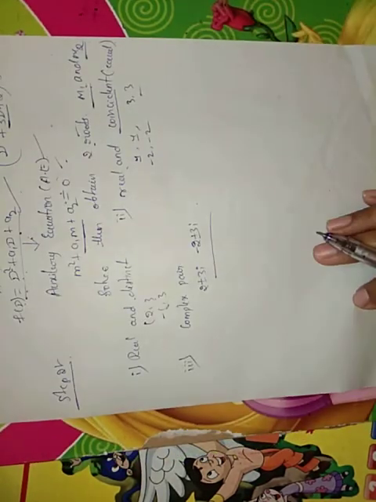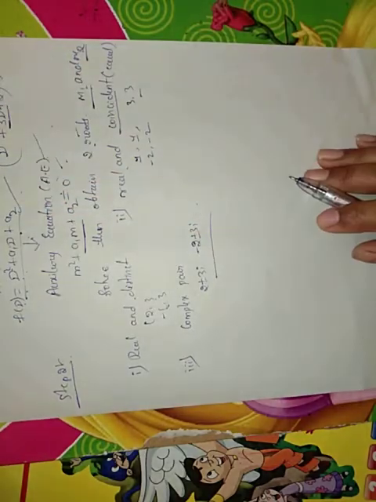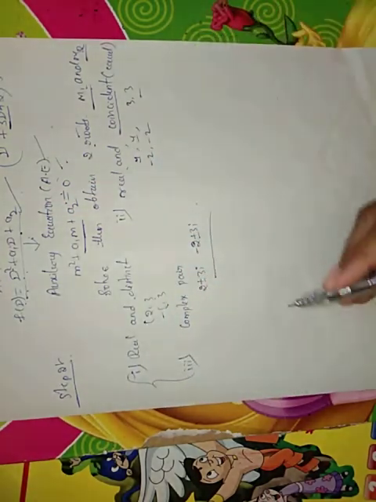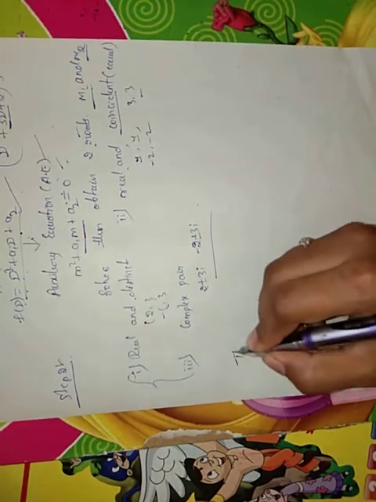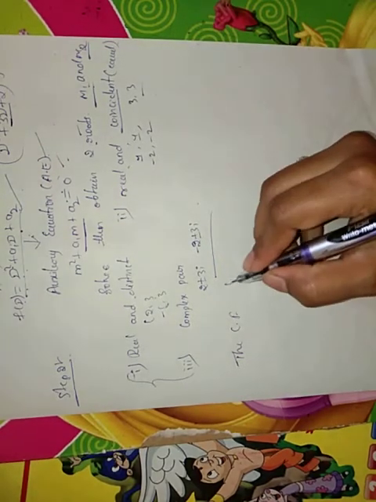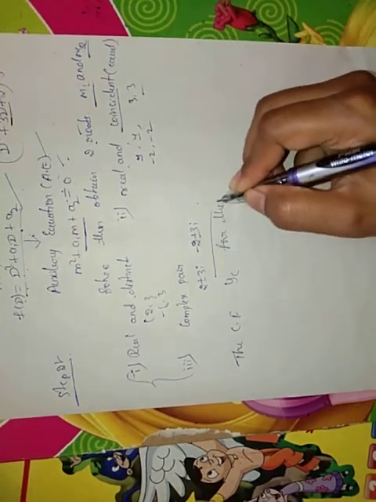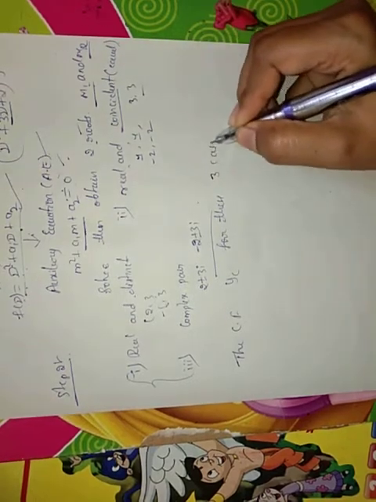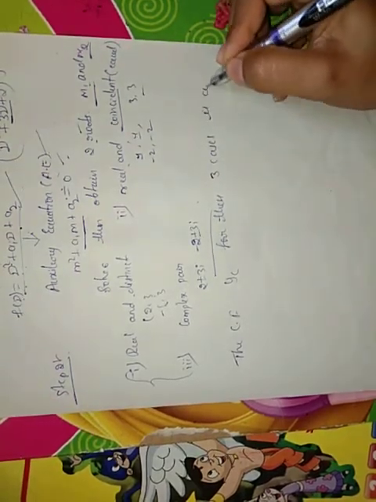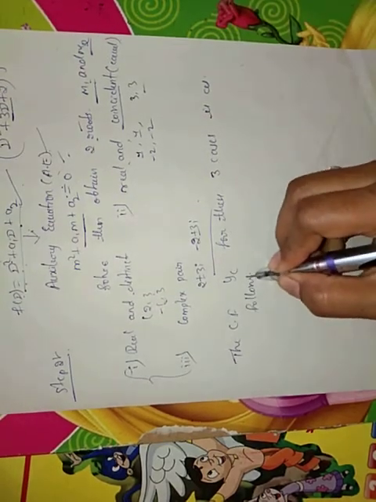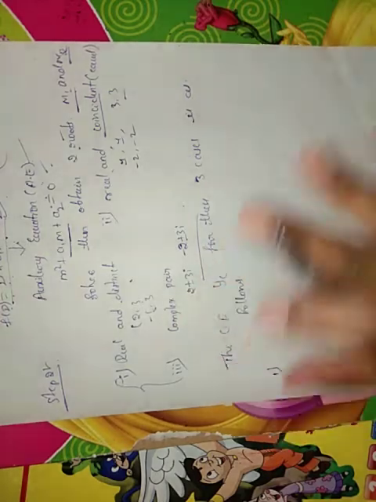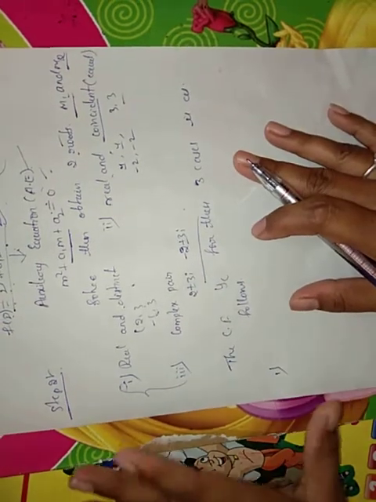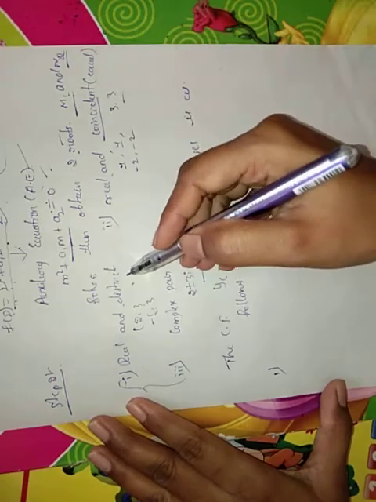Now I am moving on, because the procedure is not yet completed for the complementary function. We have three different kinds of roots, and in the three different cases the complementary function Yc is different. How to write down the complementary function in these three cases? Coming to the first one, the derivation will be there, but the derivation is not important to you. So simply remember the formulas to write down the complementary function in these three cases.